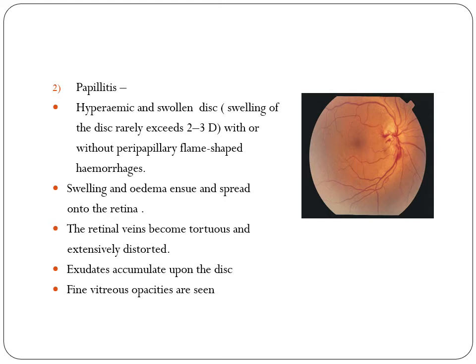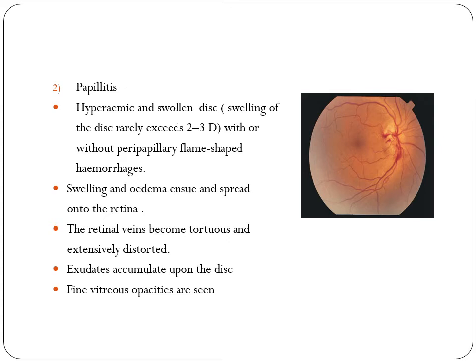So in papilledema, the edema of the disc is more, parallax will be more than 3 diopters, 5, 6, 7, 8 diopters. The forward protrusion of the disc is more with papilledema. Media will be clear in papilledema, no vitritis. Vision will be normal in papilledema and pupil will be normal in early papilledema. Whereas in papillitis, the forward bulging of the disc is never more than 3 diopters. Parallax is not more than 3 diopters. There will be pain. Pupil will show RAPD.